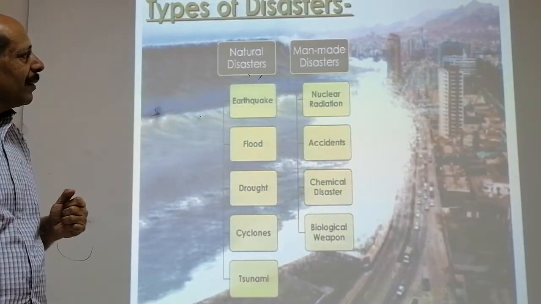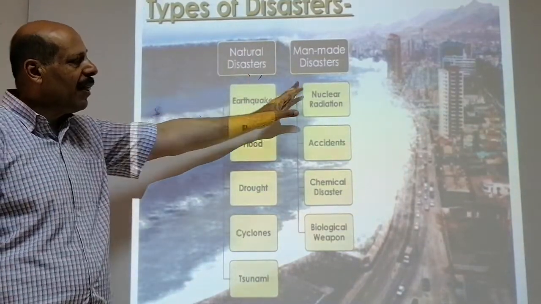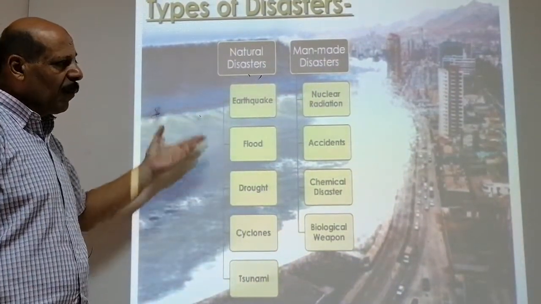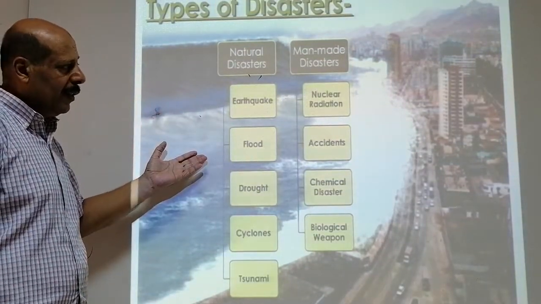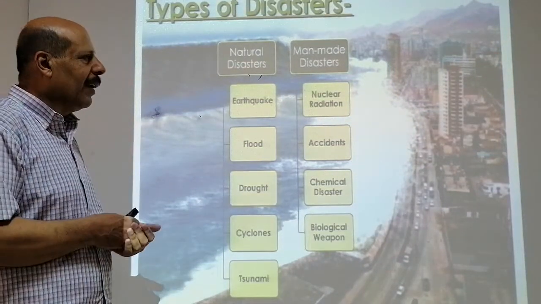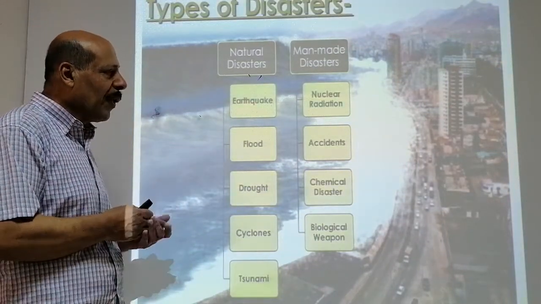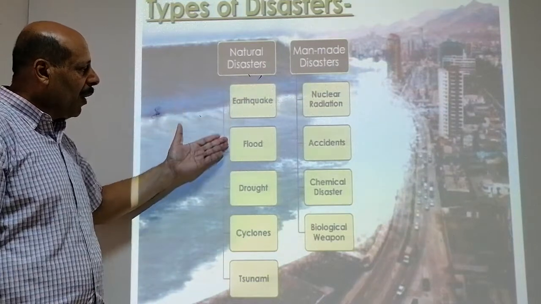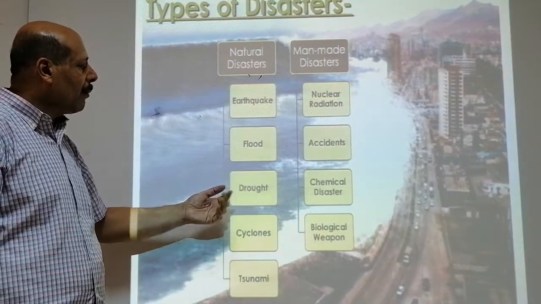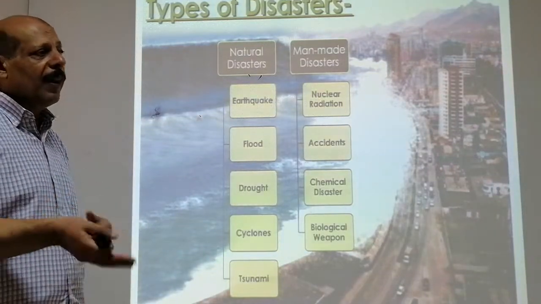The types of disaster: we have two main types of disaster. We have the natural disaster and the man-made disaster. The natural disaster is from nature, like earthquake. So the earthquake is by the nature. You know that there are some areas which are more prone to earthquakes, and floods also are from the environment and from the nature. Droughts and cyclones, tsunami, all are from the nature and